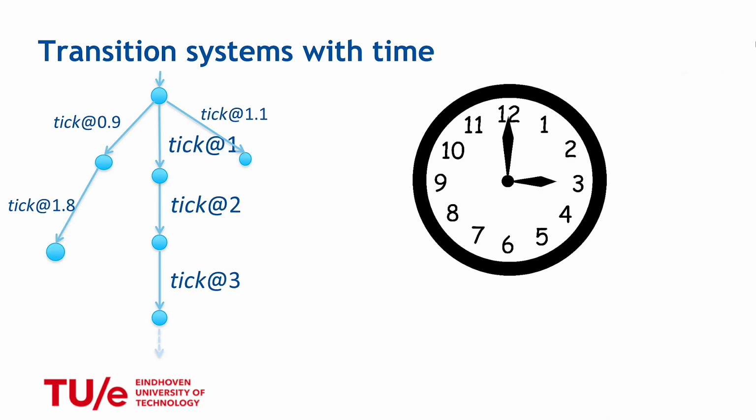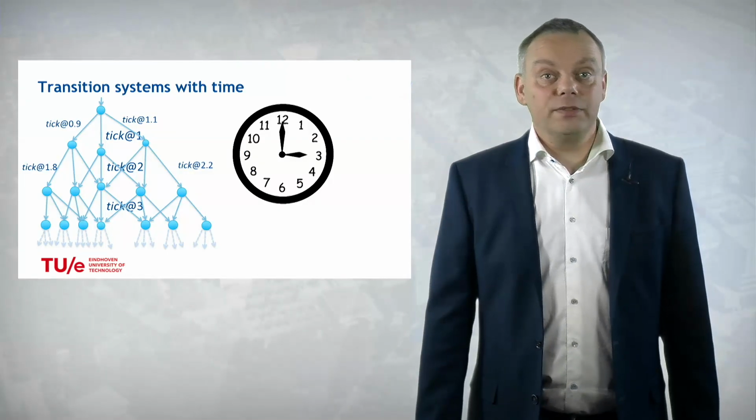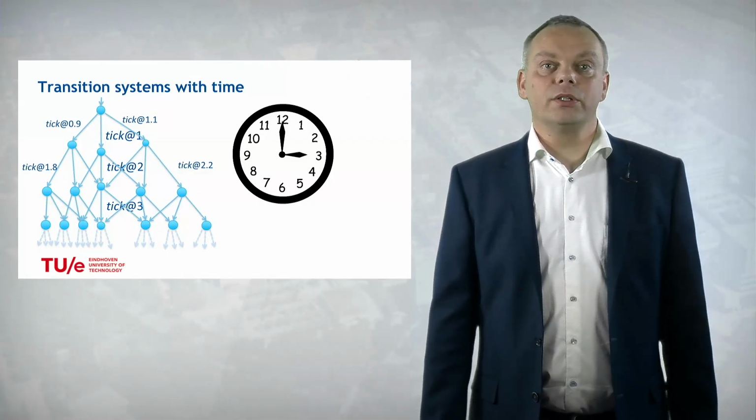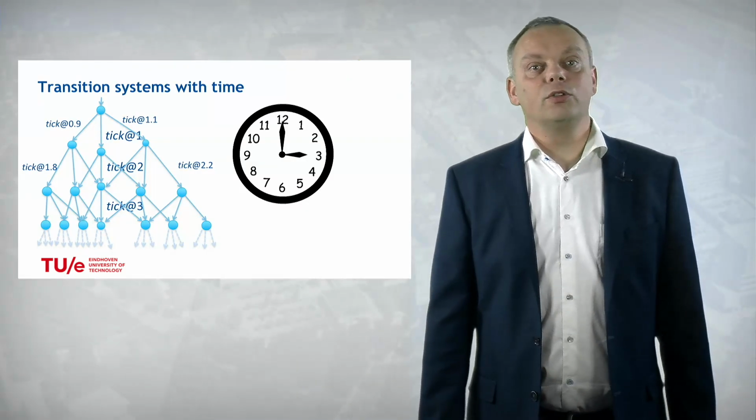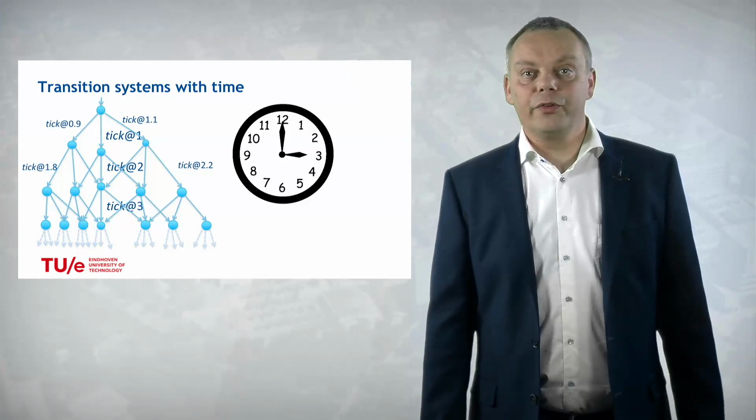So the typical behavior then becomes this. It can have two early ticks, and then the second tick is at time 1.8, or it can have two late ticks, or it can have any combinations of late and early ticks. And then this is typically the behavior that you get. So here it grows, and it grows even more. And this makes this field quite intriguing, because understanding such complex behavior is often a quite difficult task.